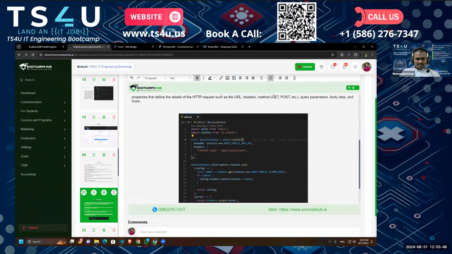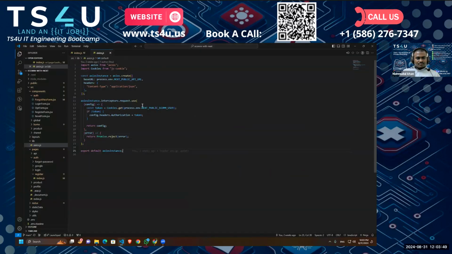So let's go back to our code again. Okay, so as you can see, instead of using Axios, I am creating an Axios instance so that I can export it from this file, and I can use it in other files. So you can create an Axios instance with axios.create, and the benefit is you can add other properties, like you can set up the base URL, so you do not have to enter the base URL each time you make an API call. You can configure your headers. And after creating our Axios instance, we can apply some middlewares. For example, I am applying Axios